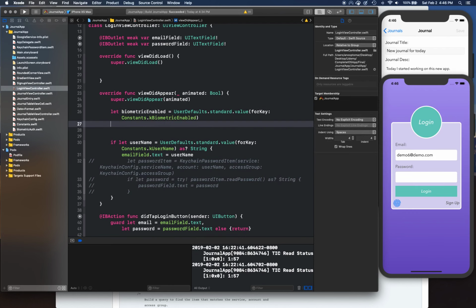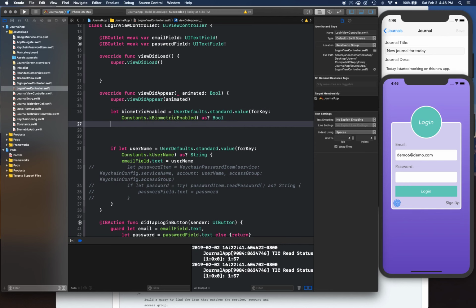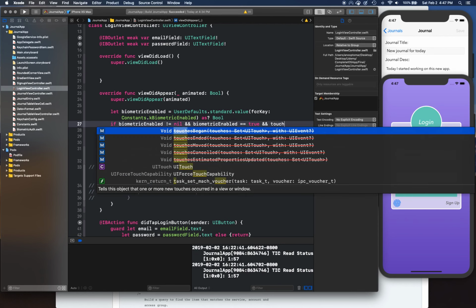Okay, so if this is available as a bool. Okay, so if biometric enabled is not equal to nil and biometric enabled is equal to true, that means the user has selected that, and Touch ID, or